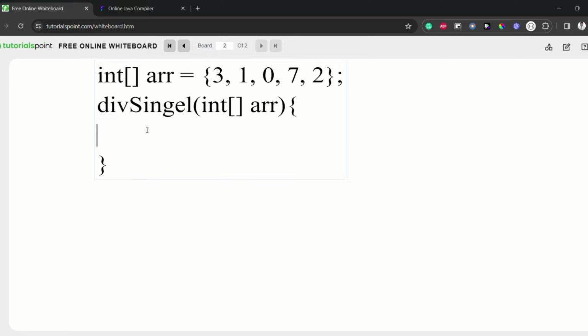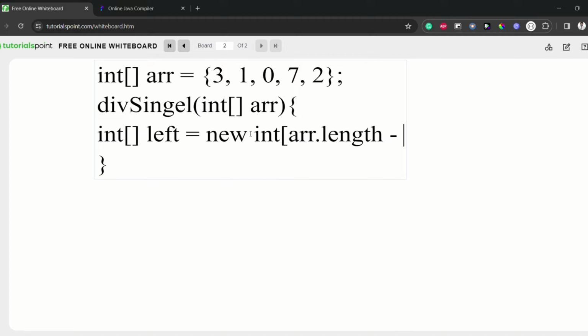We already saw in the previous video how to separate this array, how we are going to do it. Now we are going to do that logic. I am going to make an integer type of array, the left array. For its size, I declare new int of array dot length